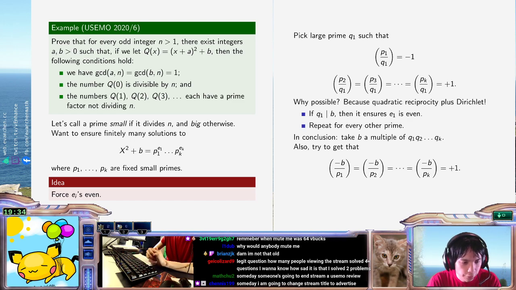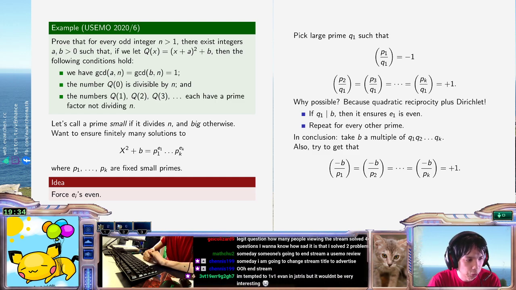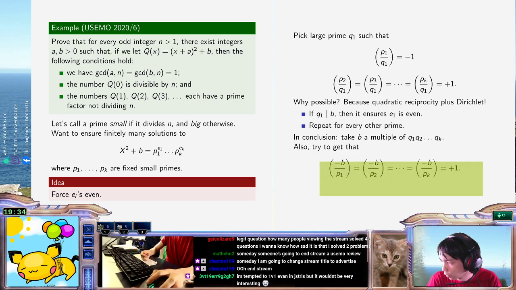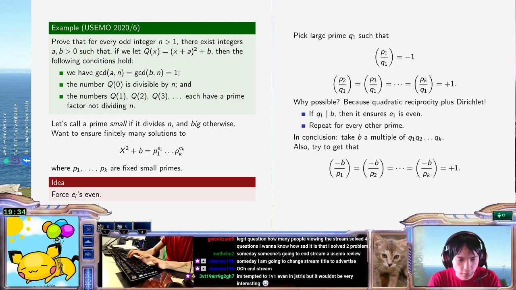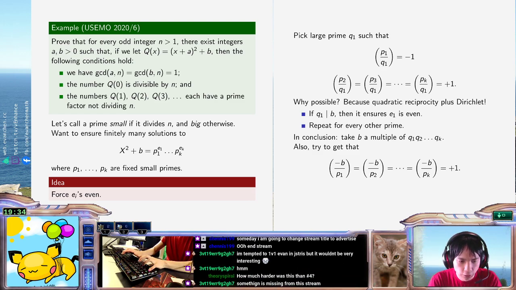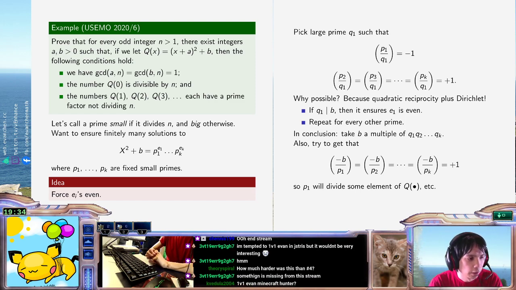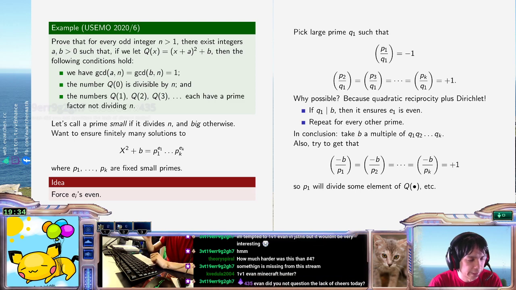So this is the other constraint. It means that I just multiply Q by some suitable prime to get the PIs to be divisible by suitable amounts. And now, P1 will divide some element of Q, etc. So that solves the case where n is square free, and if n has powers of primes, all you have to do is use Hensel's lemma or just manually compute it in order to stack on more prime powers onto n.